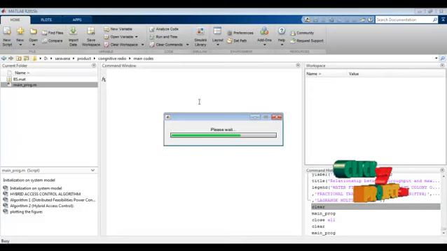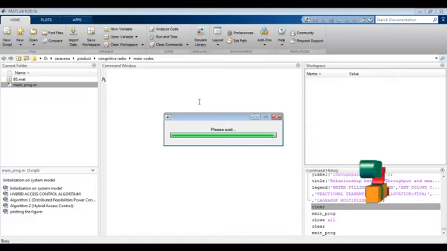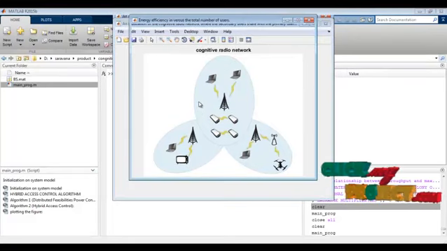Be patient for the execution. Yeah, execution will be completed.